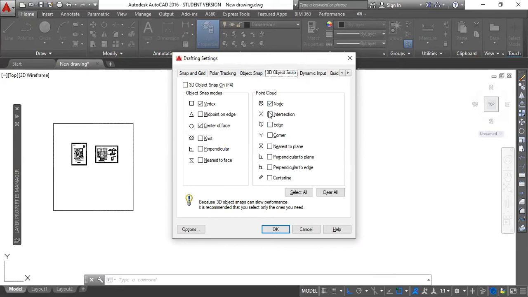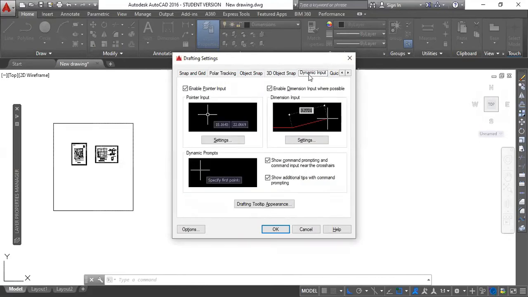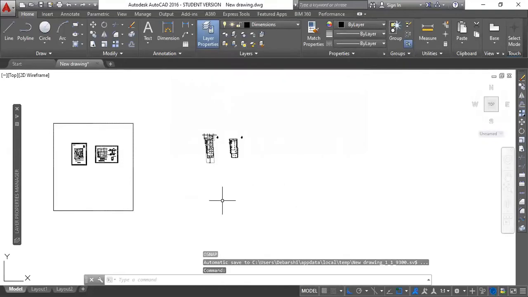Like what are the things you want to include, like perpendiculars to the plane, intersections. You can switch these things on and off. This is the 3D object snap. Okay, I have covered this.